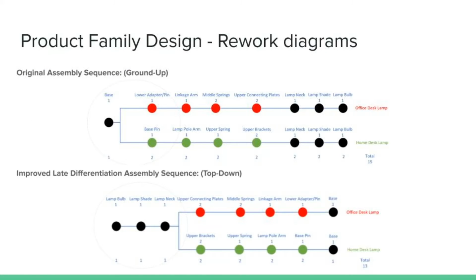Our original assembly sequence consisted of a ground-up approach, beginning with the lamp base and assembling up the arm of the lamp into the lamp head. To delay differentiation, we realized that we could assemble the lamp head first, as this process and the corresponding parts are the same across product groups. By doing so, we were able to delay the differentiation by 2 assembly steps, additionally reducing the total number of steps by 2. Due to the large differences between the primary and secondary designs, however, delayed differentiation is limited for